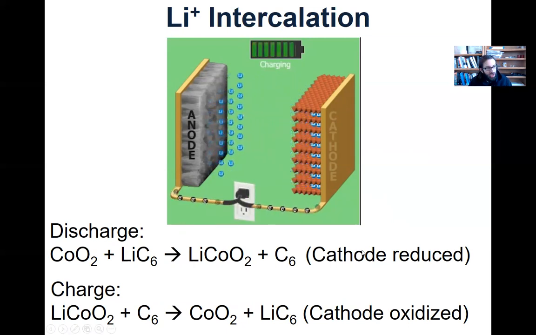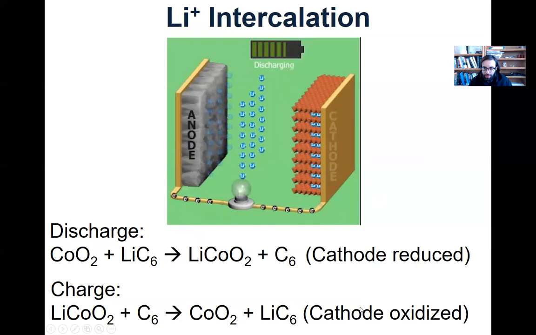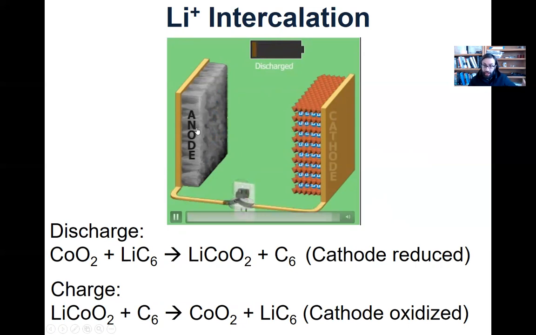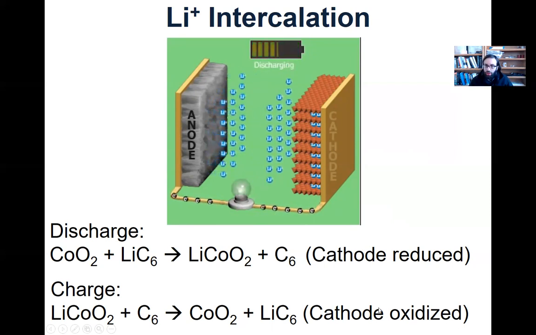And one thing that is kind of confusing is that during charge, the cathode is actually oxidized. Okay, so that's the opposite of the definitions we introduced in the beginning. And the anode's actually reduced. We still always call the graphite physical structure of that electrode the anode, and we still call the cobalt oxide the cathode. But during charge, the oxidation and reduction processes are being flipped.